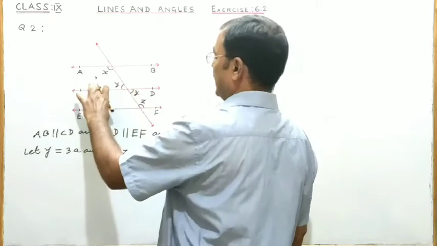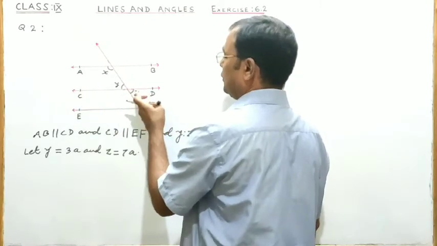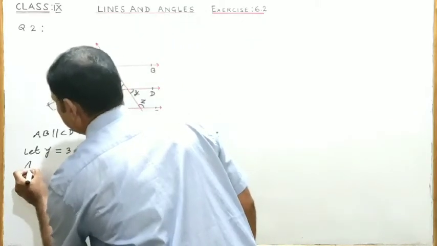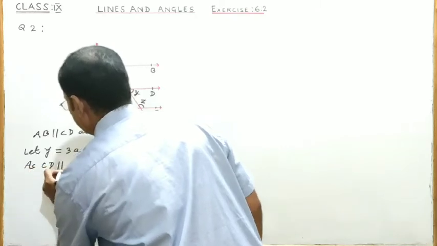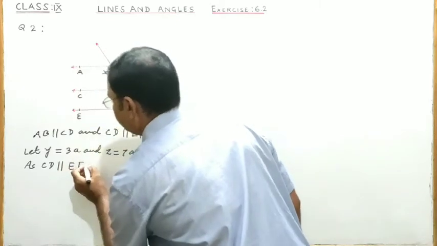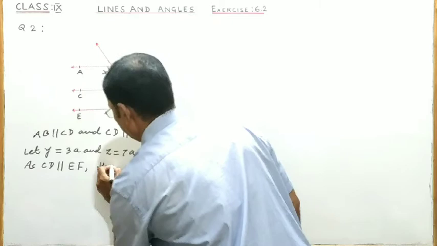Now CD is parallel to EF, so angle Y and Z are consecutive angles. So as CD is given parallel to EF, therefore